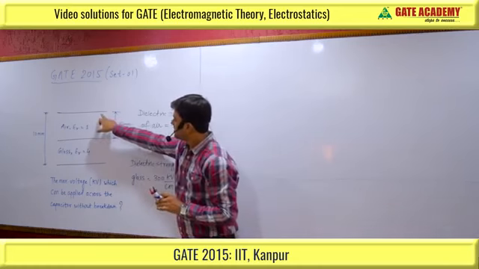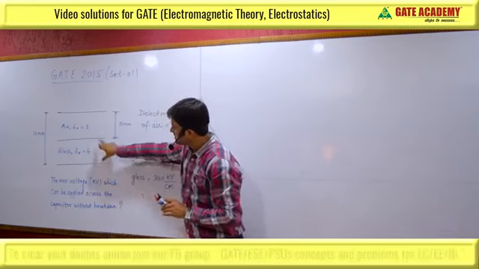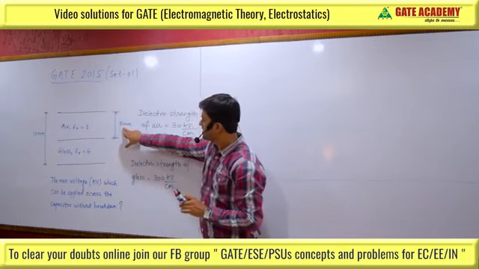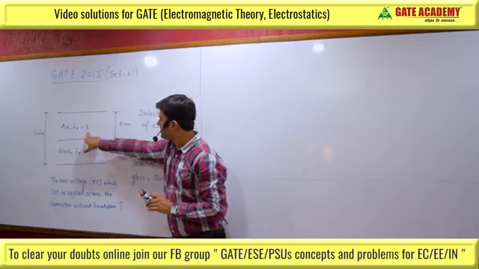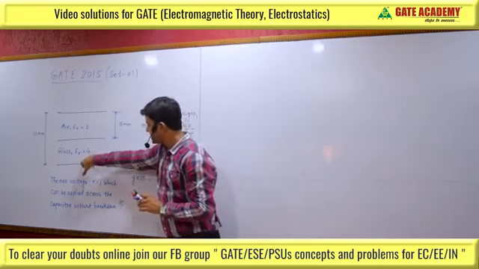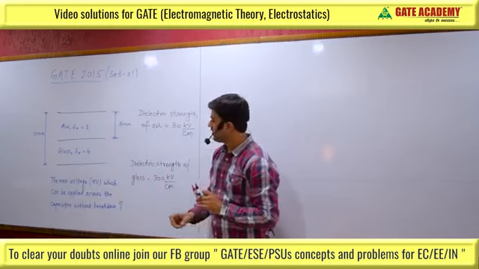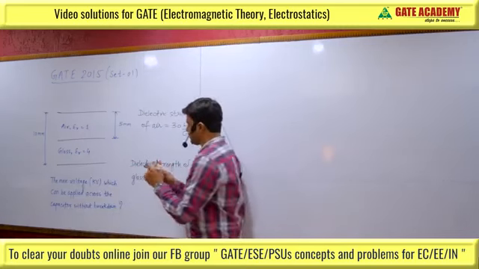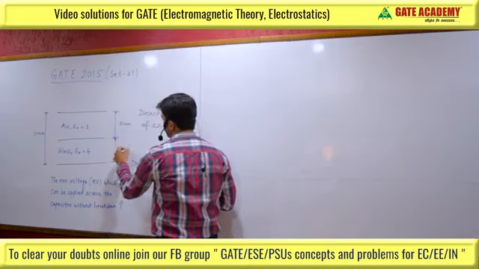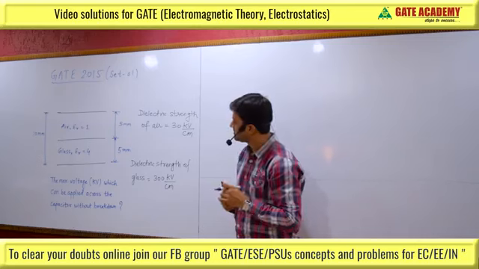Here it is a parallel plate capacitor. So the plates of the capacitor are this, which is having two different dielectric regions. First one, half portion is filled with air having permittivity 1 and the distance is 5 mm because it is half, and the other half portion is filled with glass having dielectric constant 4. So the half portion is filled with air and half portion is filled with glass. So this is 5 mm and this is also 5 mm because the distance between the plates is 10 mm.